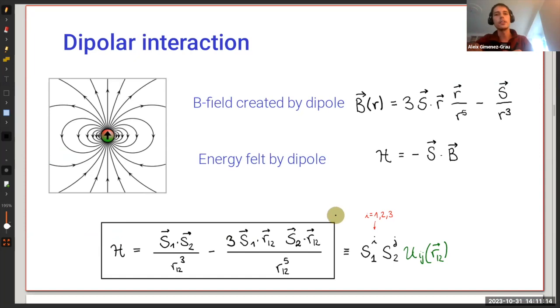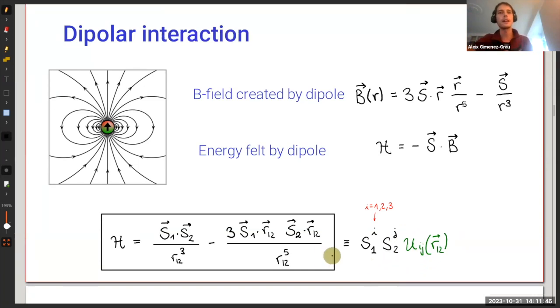And to keep the notation simple, as you see, this energy is proportional to the two dipoles. So I'm going to factor out the contribution of the two dipoles, and then I'm going to write some function that I'm calling U, which is some kind of dipolar potential, let's say. Okay, so that's some kind of replacement for the Coulomb force. In this case, since we study magnetism, the Coulomb force doesn't apply, but instead we really look at this function Uij.